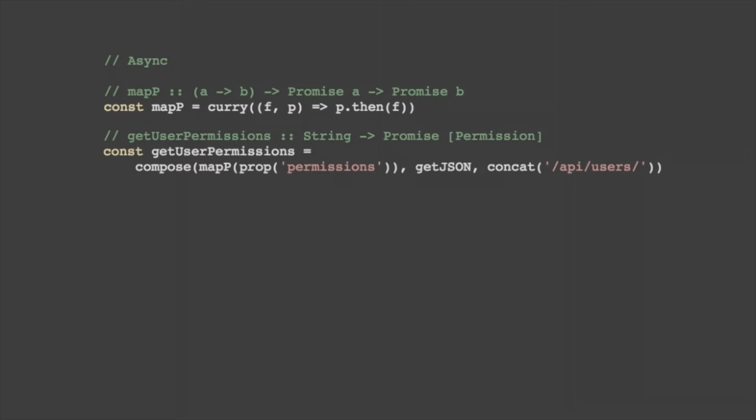Then we can call our getJSON, and now we have a promise coming back, but we don't want to make functions for promises. We just want to make functions for normal data. So we make our function for normal data, call it with mapP, and then it will apply to promises. And in this case, we get the prop permissions out, so we already have that again. This was such a basic function, we didn't have to write anything custom for it.